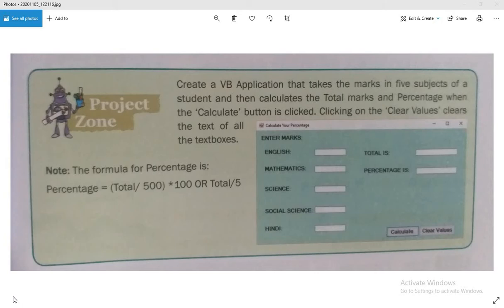Today we are going to design a VB application. So your problem is in front of you: you have to create a VB application that takes the marks of 5 subjects of a student and then calculates the total marks and percentage. When the calculate button is clicked, it shows the result, and clicking on clear values clears the texts of all the text boxes. So we are going to design the same interface. You will see it